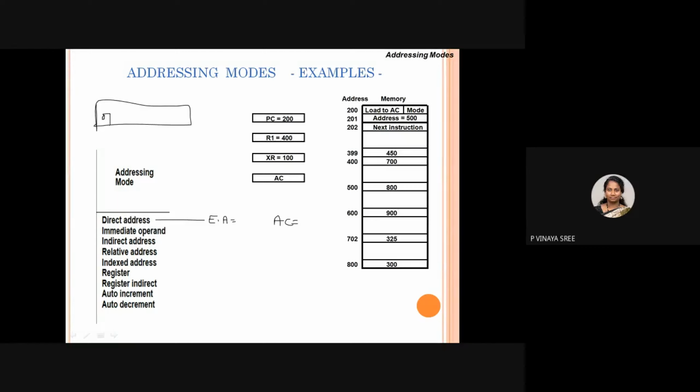the instruction will have an opcode and you will have an address. In direct mode, you will have a 0. So see here, first this is your memory location, these are your addresses. In this, is the instruction given only in 200 or is it given in 2 locations in memory?